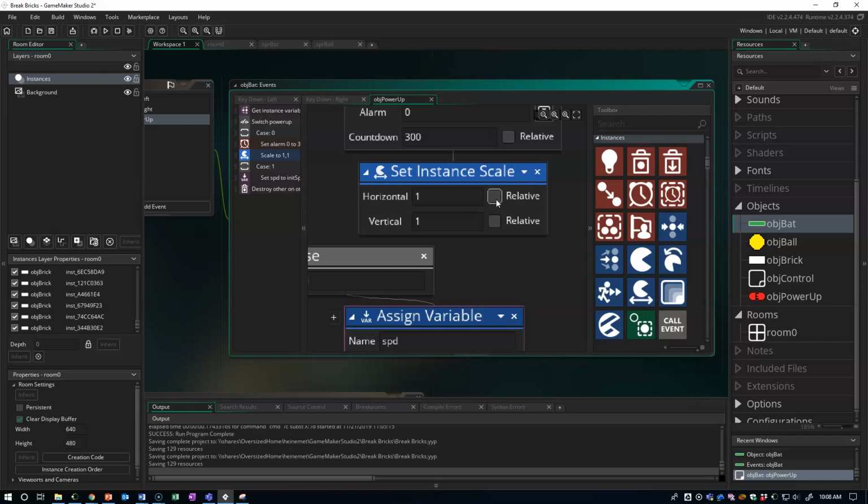So here's what I'm going to do. I'm going to set the horizontal scale to 1.5. That's going to be my elongation. I'm going to give the player an extra half. The vertical I'm going to leave as 1. We're not blowing the thing up. We're just making it wider. And again, 1.5 is going to be 150%, 1.5 times the size. Vertical, leaving it at 1,